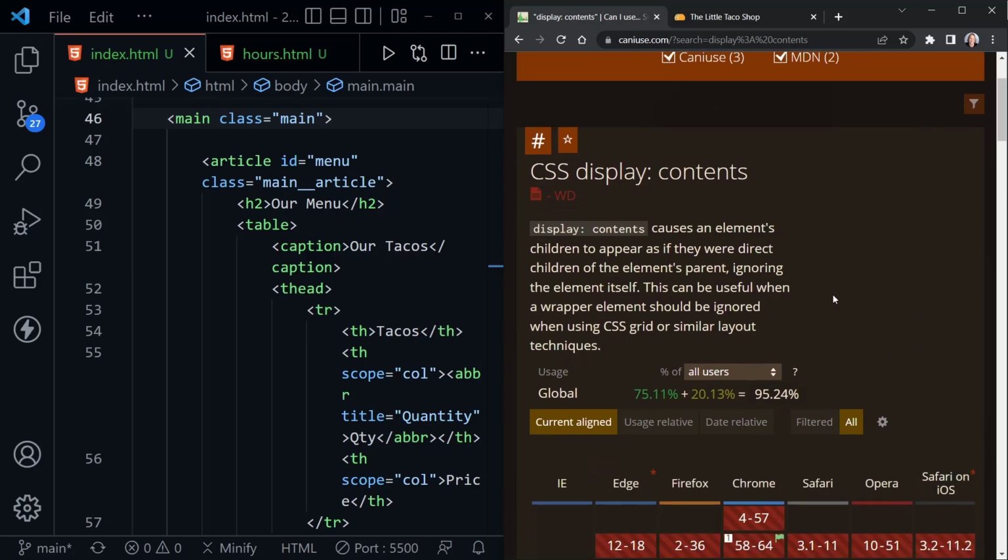Notice what it says about display contents. It causes an element's children to appear as if they were the direct children of the element's parent. Essentially, that ignores that parent element, and that will flatten the elements for grid to use without removing those elements. So we just need to put display contents on some of these parent elements that grid will not use. It says this can be useful when a wrapper element should be ignored when using CSS grid or similar layout